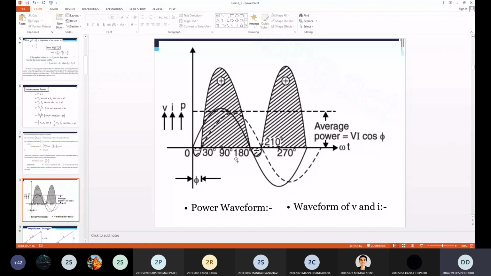If you understand this concept of series RL circuit, what is the phase difference, what is the active power equation, what is the current equation, what is the power factor angle, and how it is different from purely resistive, purely inductive and purely capacitive circuits. Are we clear on this?